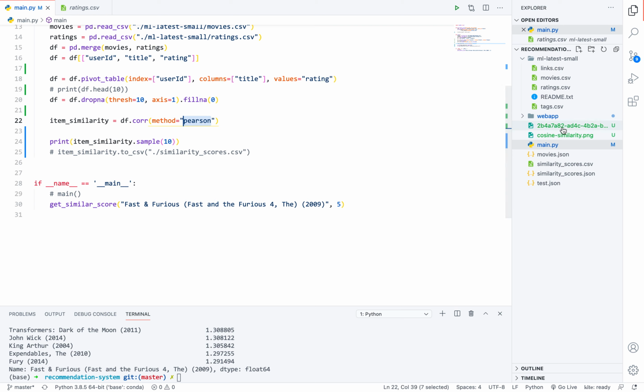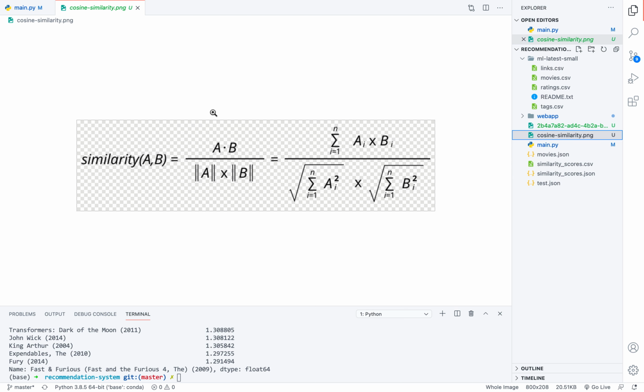If you see the formula of cosine similarity, basically if I normalize vector A and vector B, means I subtract the mean from A, A minus A mean, B minus mean of B, divided by magnitude of A into magnitude of B, it is nothing but Pearson correlation coefficient.